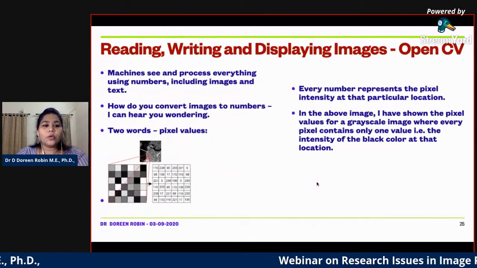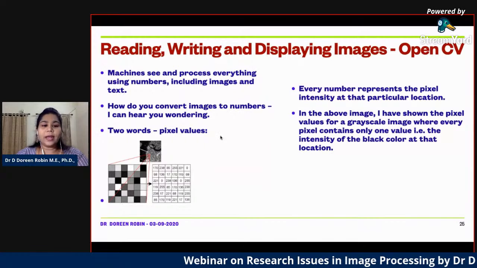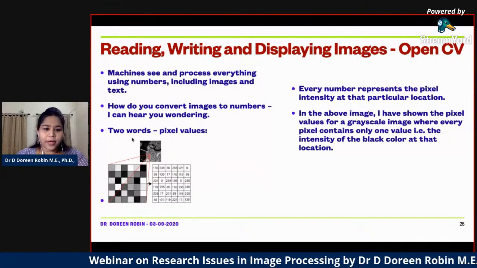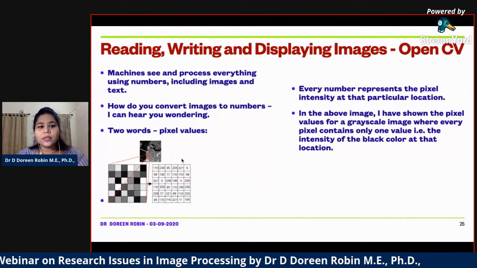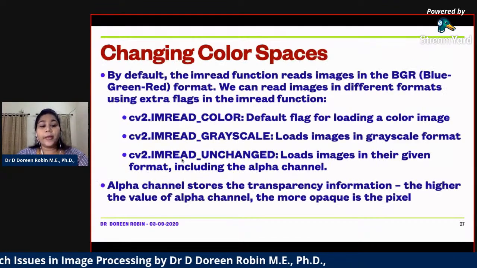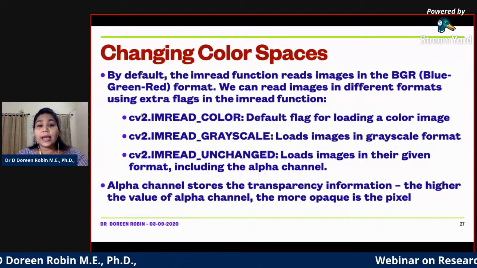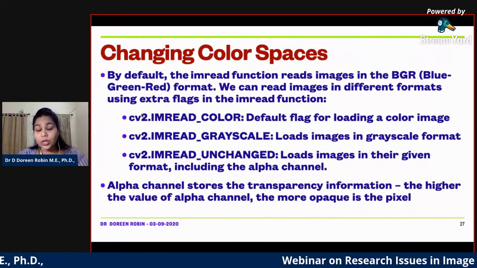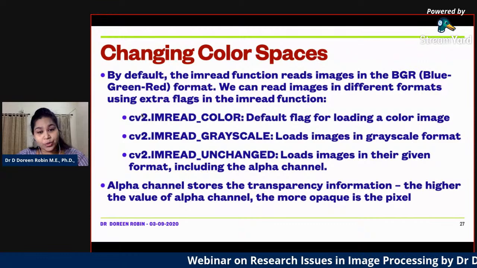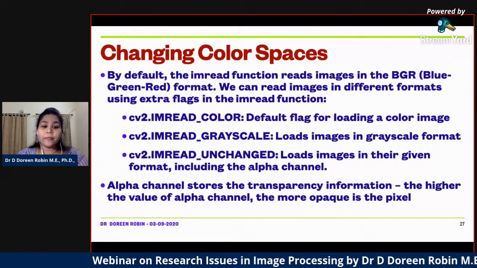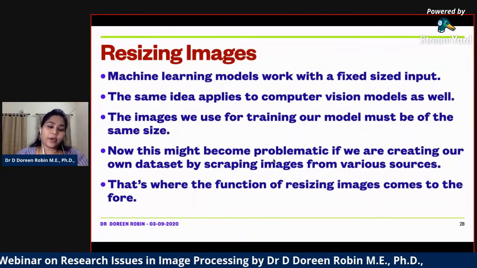So how you can understand an image is as a NumPy array of two-dimensional pixel values. Then I can choose what kind of colors I want to read. I showed you an example of how I took an image, converted it into grayscale and then binary, and then we are able to find contours.